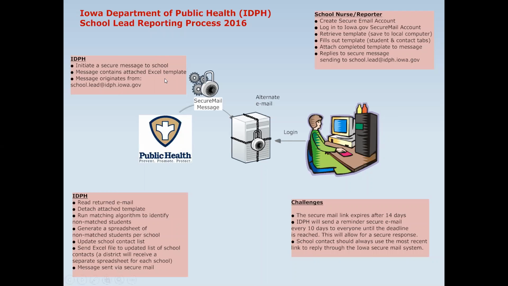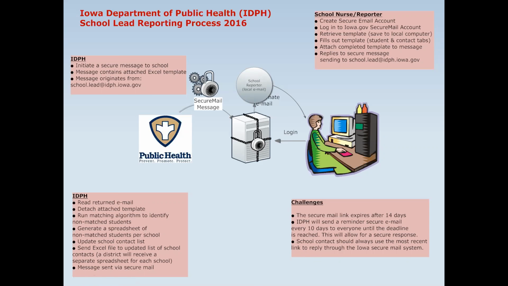The way this is going to work is that the secure message is initiated here. The actual message goes into a black box, so to speak, or a locked box that's secure. An alternate email is going to be sent to the school contact that we have. If you've received an email from our listserv, then you're one of those school contacts. At that point, you will have to create an account by responding to that alternate email. There will be a link in that. You will log into this portal, the same thing as this secure box, to retrieve the email.